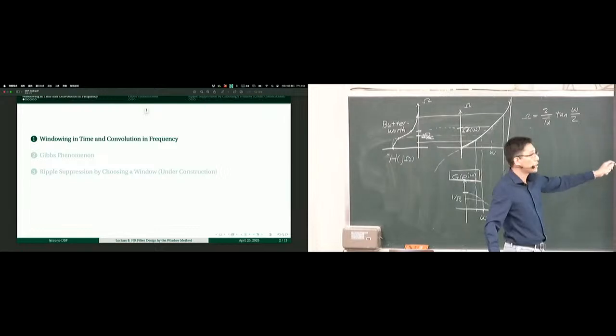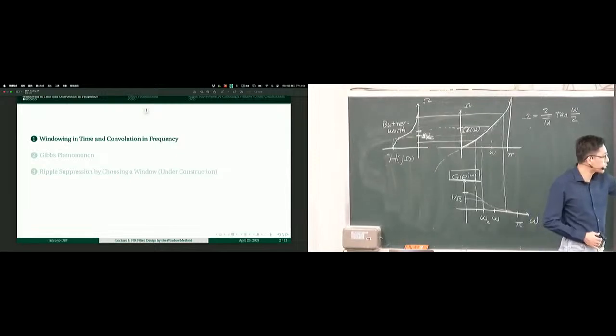We'll see that in the design process, we'll encounter the Gibbs phenomenon. Unfortunately, the Gibbs phenomenon gives us some limitation. It causes a ripple that cannot be suppressed. So in order to suppress the Gibbs phenomenon, suppressing the ripples, we need to carefully choose a window that does